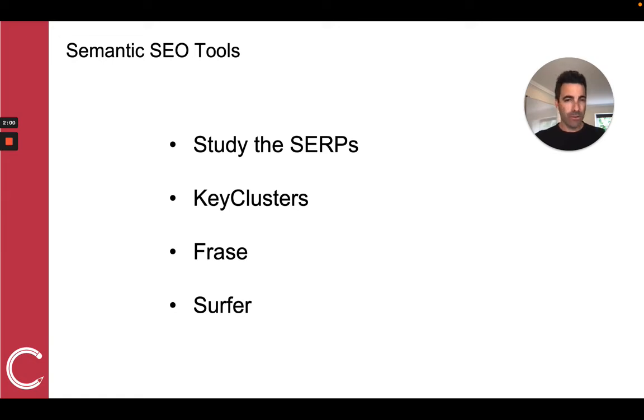And then you might also want to use tools like Frase or Surfer, these content optimization tools that use natural language processing to understand some of the topic entities and also some of the terms that you should have on the page. Okay, so let's